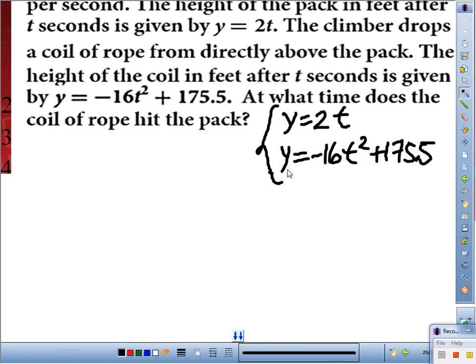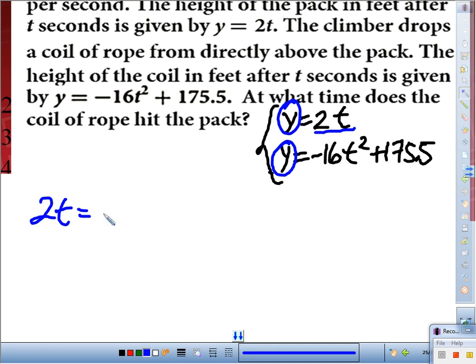How can we solve this? Aside from graphing, look at it. What is y? So what would I write here? Oh, substitution. So we write 2t equals negative 16t squared plus